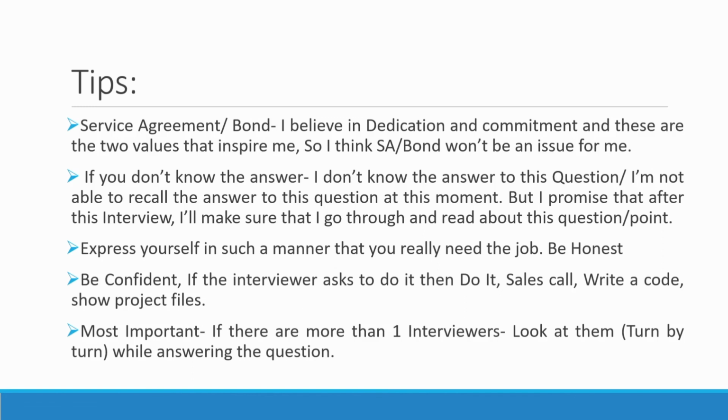The next and last most important thing is, if there are more than one interviewers, look at them turn by turn while answering the question. If one of the interviewers asks you, then don't look at simply one of the interviewers. Look at every one of them turn by turn. Okay, so these are the tips that I would like to give you,